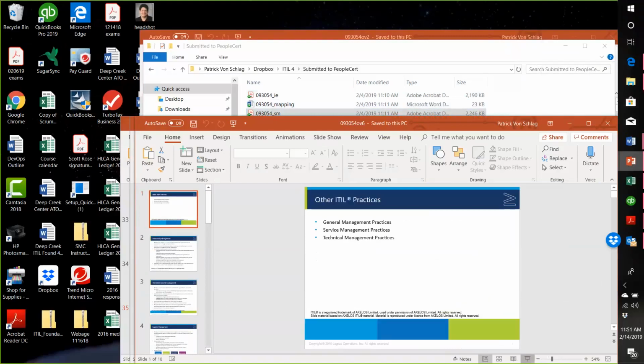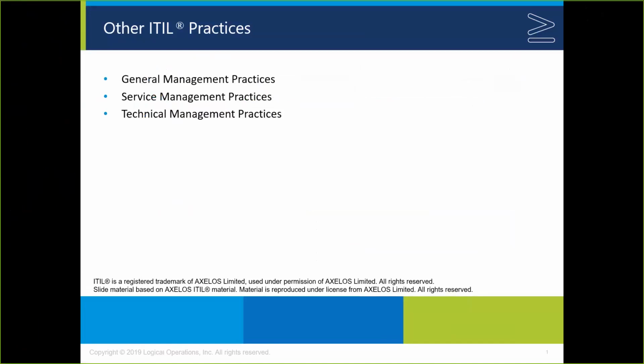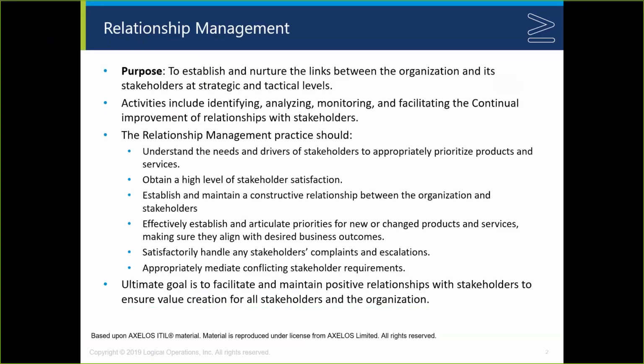So this last section looks at the other practices that are covered in the guidance outside the ones that get all the extra attention. Right, so going back to our previous conversations, there are 3 baskets of these practices in the guidance. Stuff that comes from general management, stuff that was kind of grown up and born in service management, and things that were specifically developed as technical practices that help organizations actually carry out and execute the technical pieces